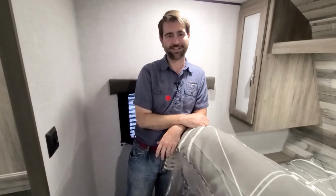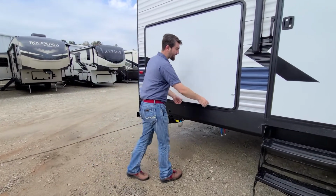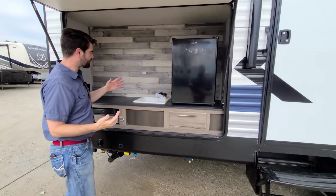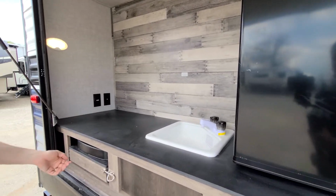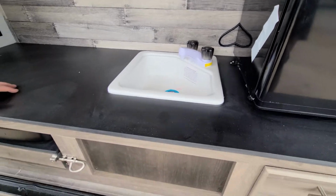Let's get to it. So here at the back of the camper, we have our outside kitchen. This is sandwiched behind that entertainment center that was in the bunk room. Out here, we have a spot to hook up an outside TV with our power ports, as well as cable out. There's a sink, a small refrigerator